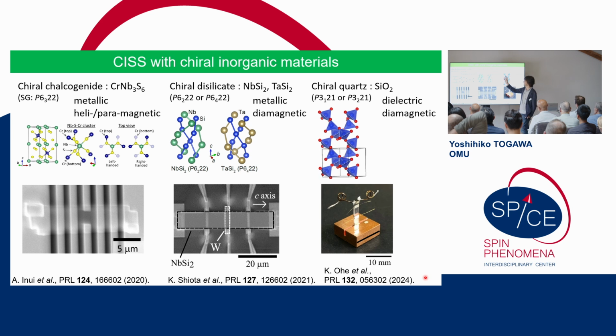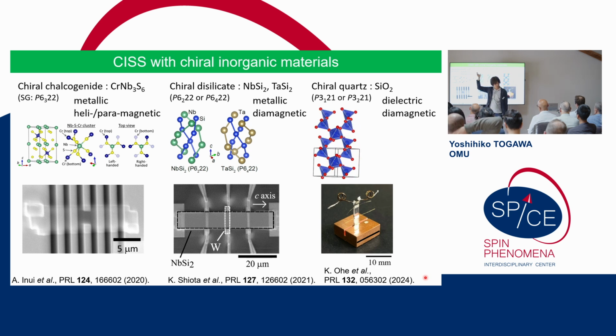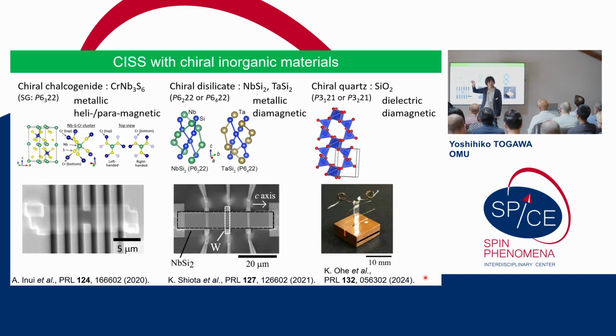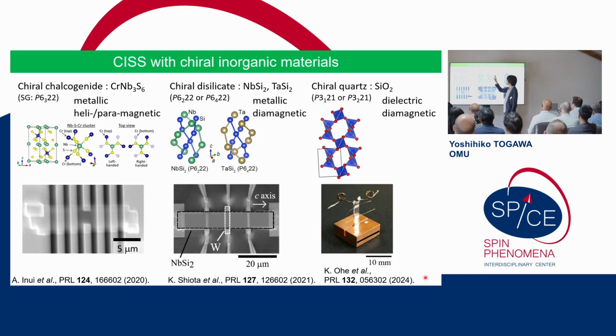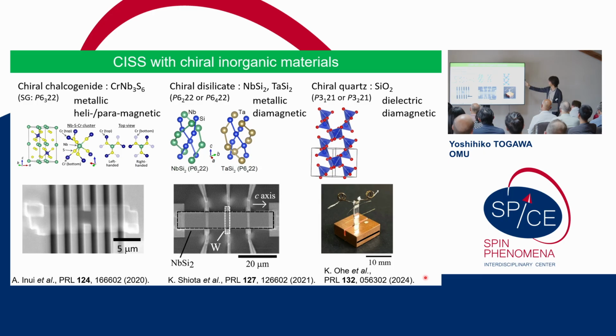This is a famous material, famous for the emergence of a chiral spin texture in this compound below the transition temperature. Its phase transition temperature is about 130 Kelvin, so at room temperature it shows paramagnetism. Then in the second case, it shows a diamagnetic property, so the electronic structure is totally different from this and that. Quartz is also famous for its diamagnetic property.